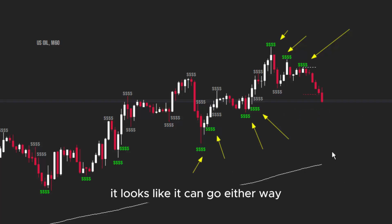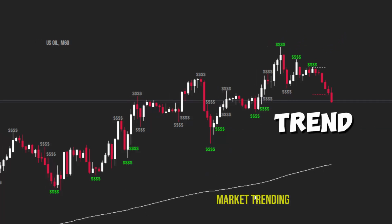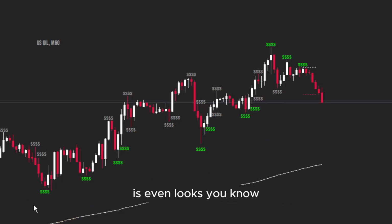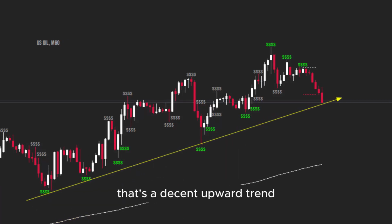At the moment it looks like it can go either way, to be quite honest, because we're on an upward trend. As you can see, this is an upward trend, been upward trending for a minute. That's quite a good, decent upward trend. The trend line is fantastic. Look, that's a decent upward trend. It's almost textbook. So it has the ability from here to bounce off and come back up right here, and